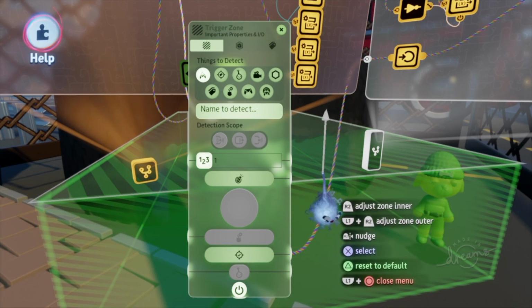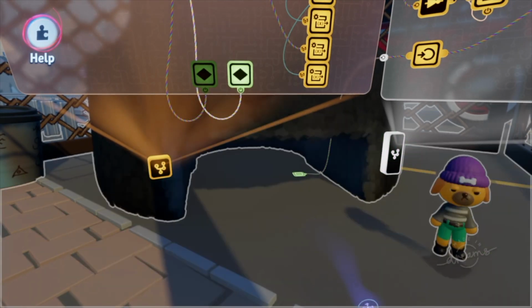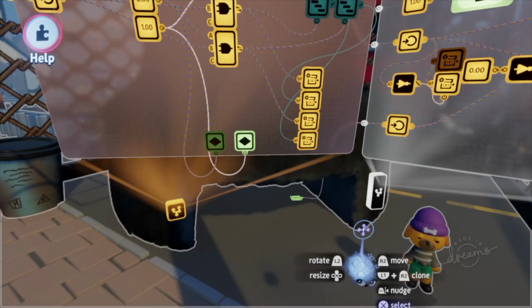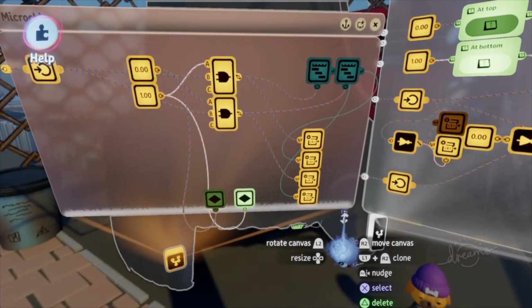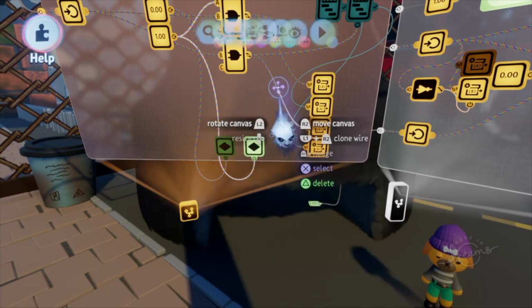Basically, this zone or switch, whatever you decide to use for it, is to call the elevator back to the bottom when the character is standing there and the elevator is not at the bottom. Therefore, it stops you from getting stuck at the bottom if your elevator is at the top and you fall off. And so once you place down a trigger zone and set it to your call back zone,